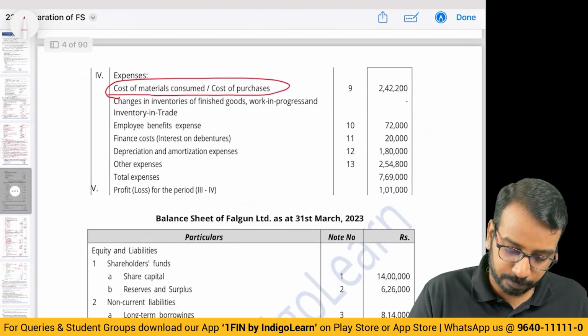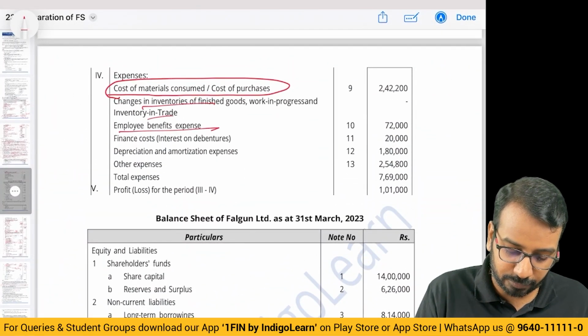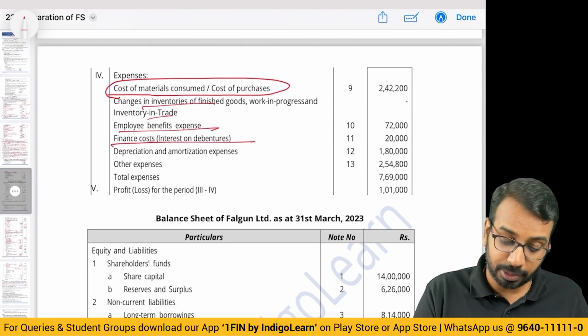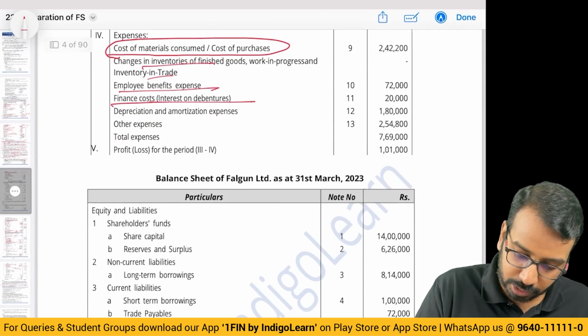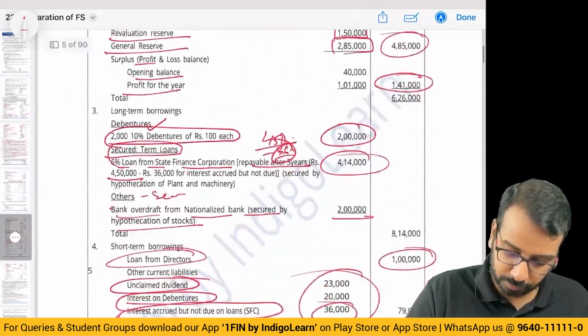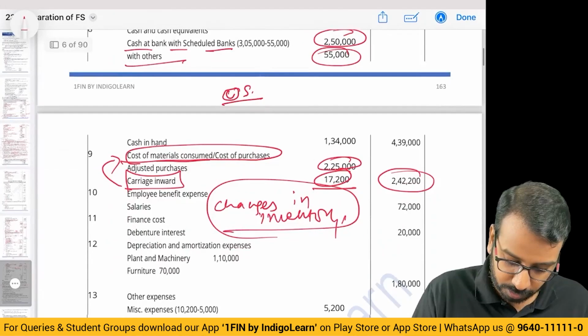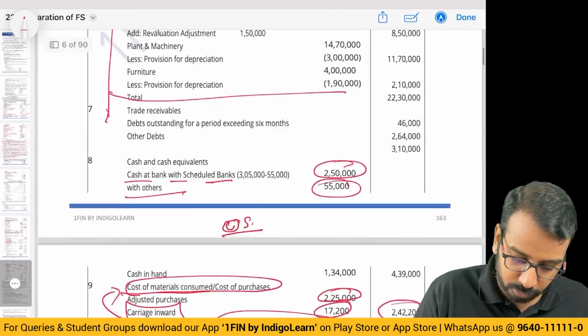Okay, then changes in inventory is not there. Employee benefit is directly done. Finance cost is for your interest on debentures. Not only that, I don't know why they have not considered this. They have taken only 20,000, which is incorrect. Finance cost, you should